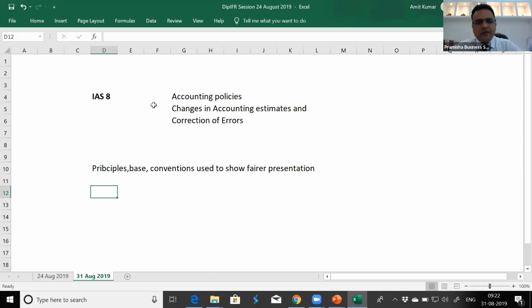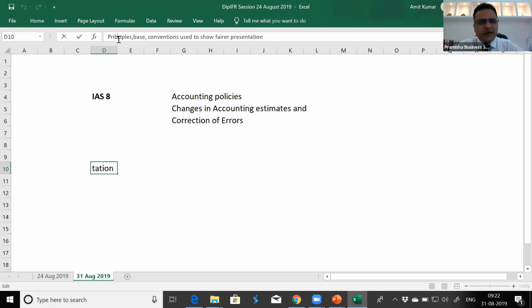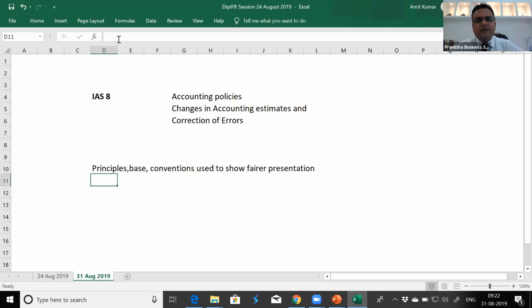As I said, principles, bases. So whether FIFO or weighted average is a base. If we choose one of them, we are choosing our accounting policy: we will be following the FIFO method of accounting, and will not be following weighted average. And we may have to change as well. What will we do if we have to change the accounting policy? Another thing is estimates. What is the need for estimates?